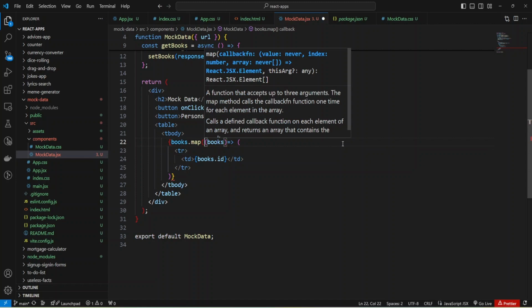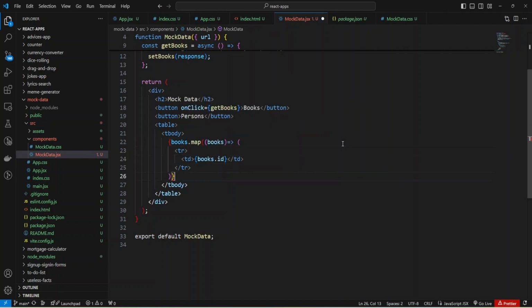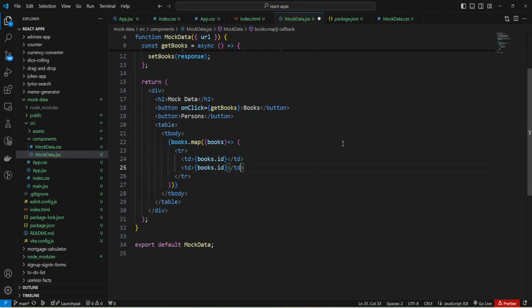I need to provide it here, and now I can provide more columns. It will be author, and also I can add title.